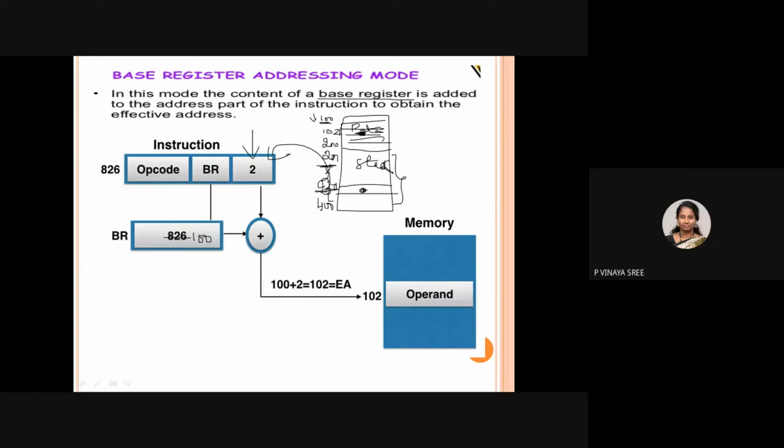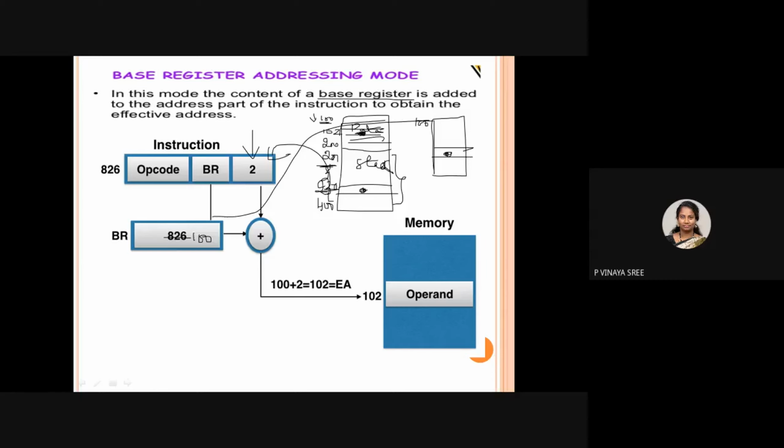Next, if this is the entire segment, the starting address will be mentioned in the base register, and from that, if you want to access a particular location, let us consider the processor is now executing a data segment. As the data starts from 100, that 100 will be available in the base register.